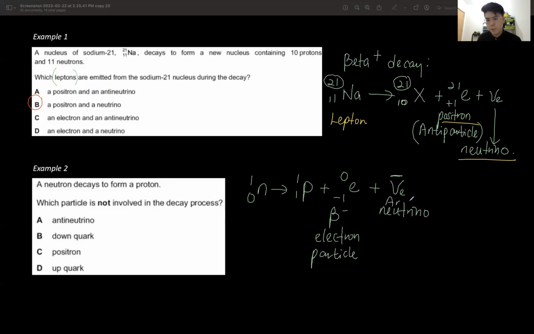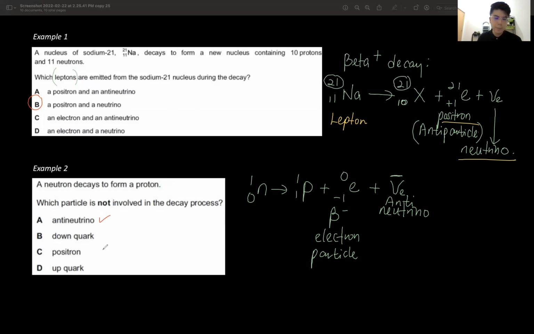This is anti-neutrino. Okay, the question says, which particle is not involved in the decay process? Anti-neutrino, okay, this one is involved. Down quark. B, okay, down quark. Down quark again,